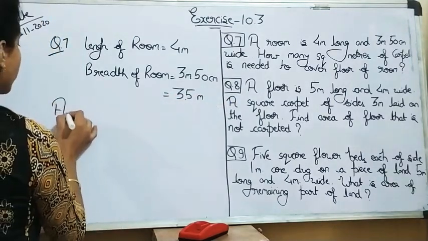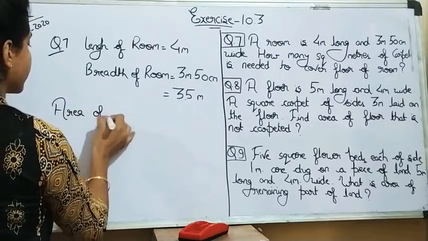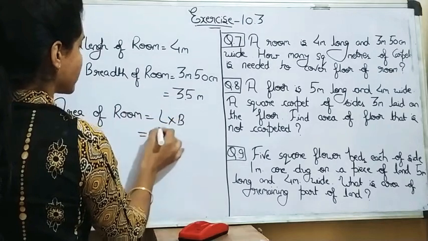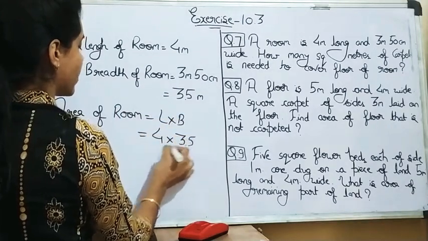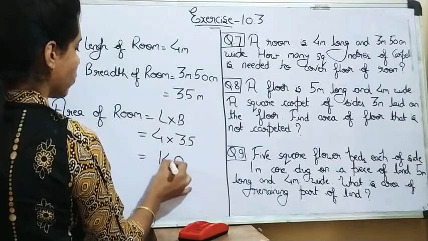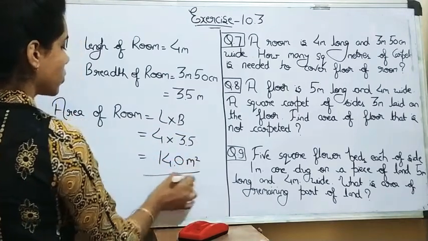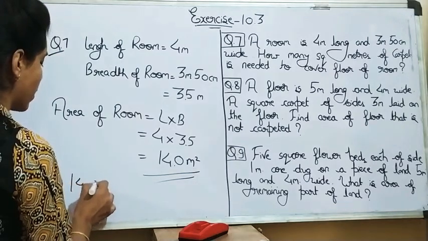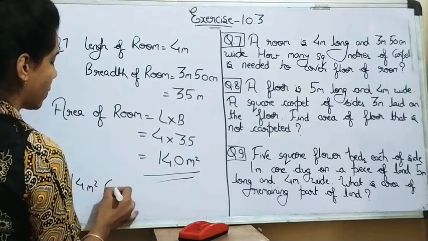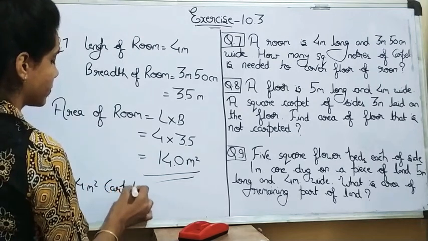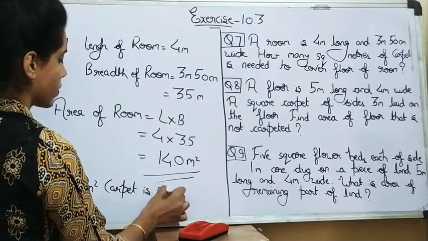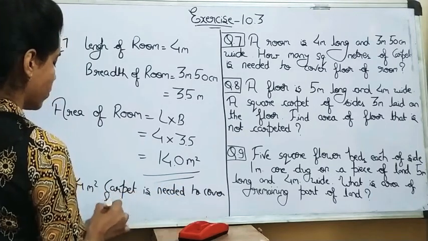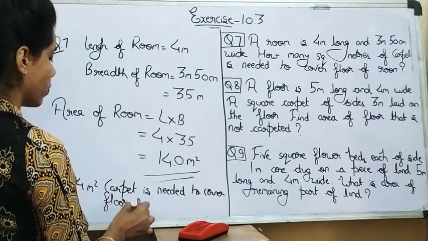So area of room will be length into breadth. Length here is 4, breadth is 3.5, so 14.0 meter square. In this way, we get the idea that 14 meter square carpet is needed